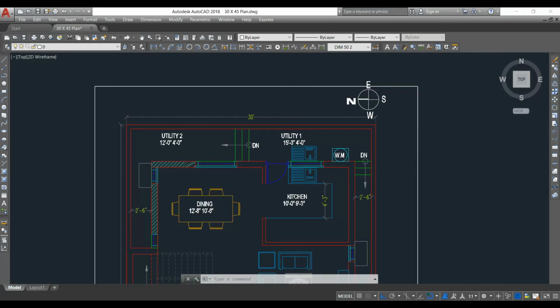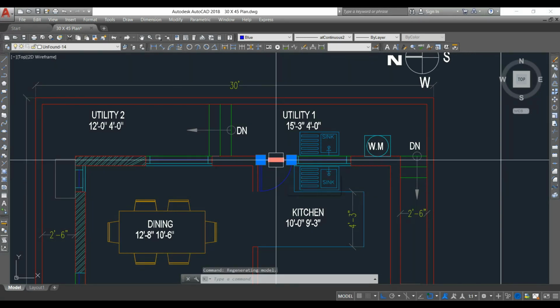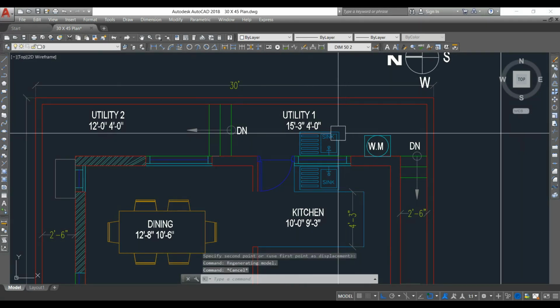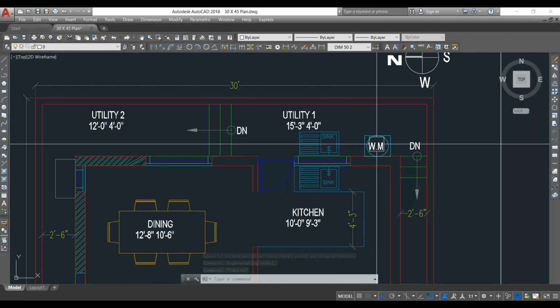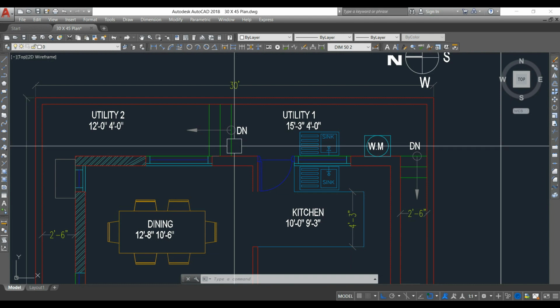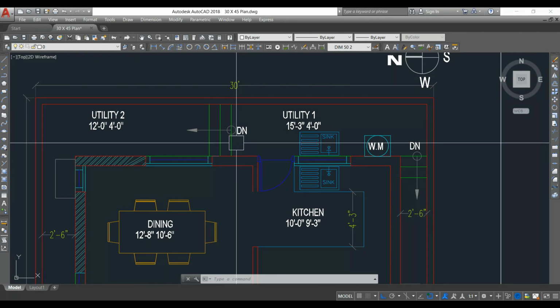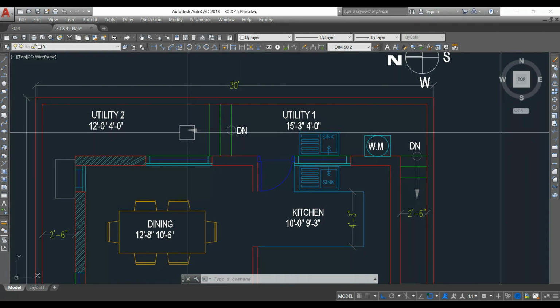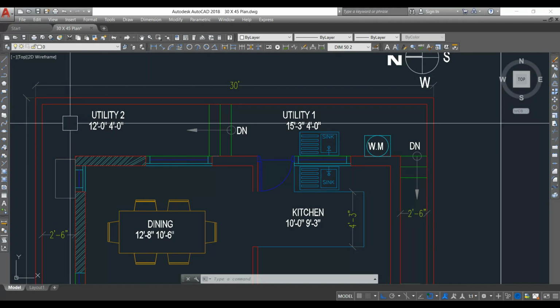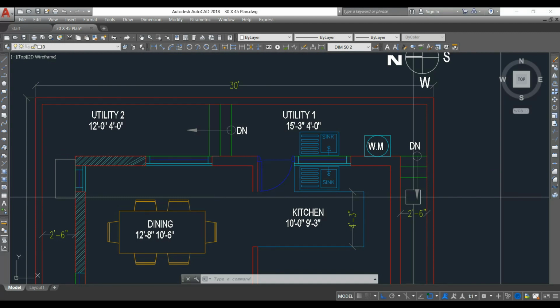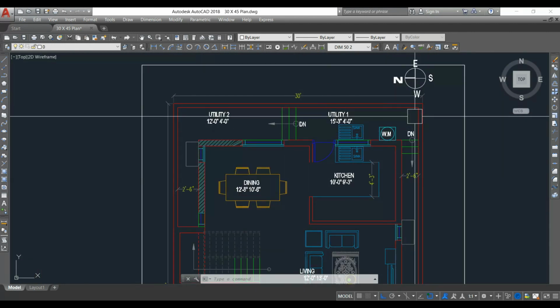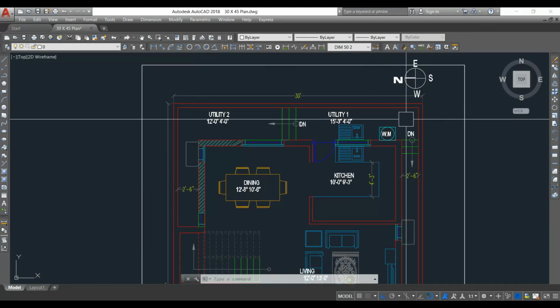Because everywhere there is a concern that inside the home we cannot do all the utility work, that is why one utility is provided outside also, with a sink and washing machine provision. This is also at an upper level, around 1 feet 6 inches, so we have to get it down. There are steps here to enter this side. This side also there is a utility, and there is a level difference here too, so this utility will be in an upper position.